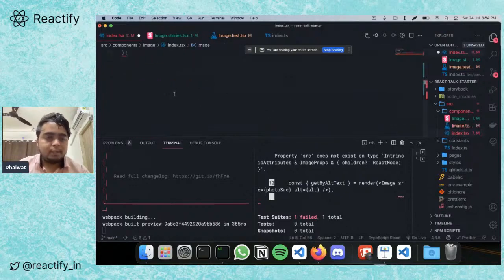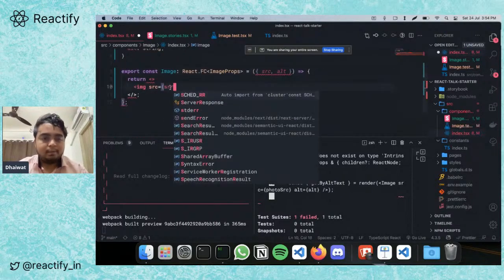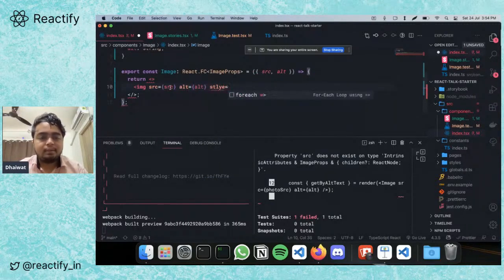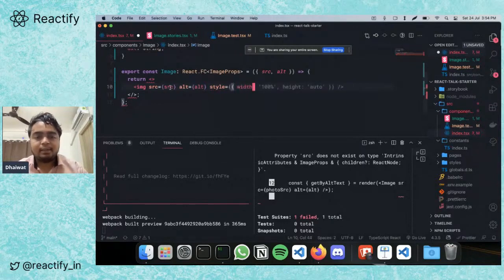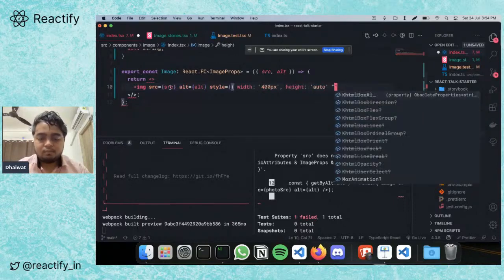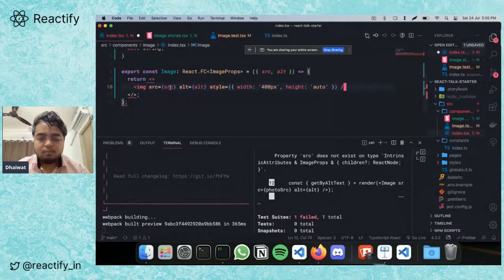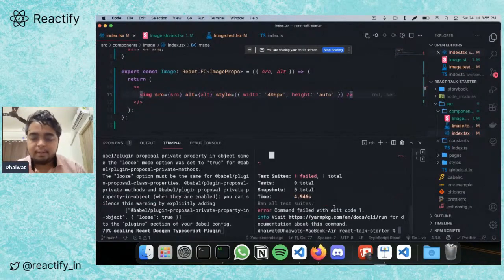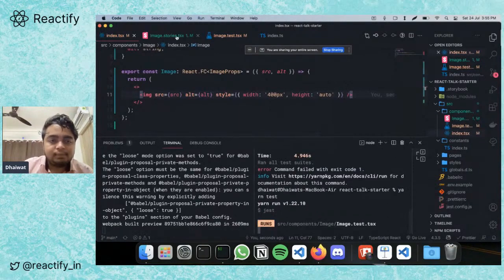I'm using them here, just the standard stuff. And I'll just give them a bit of styling so that it doesn't take up my entire screen. Okay, let's see if the test passes now.